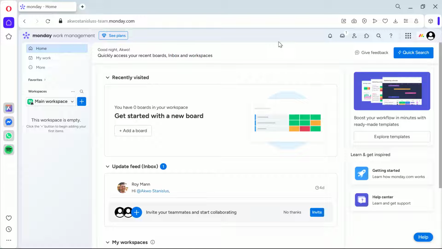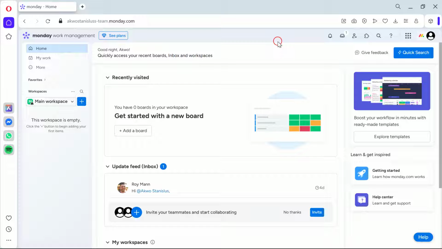Today, we're diving right into how to use Monday.com to track certifications. This is your complete 2025 guide, so let's get started. The first thing you want to do is, of course, log into your Monday.com account. This is where all your project and team management magic happens. Tracking certifications here is essential for keeping your team's skill sets up to date and ensuring everyone is on the